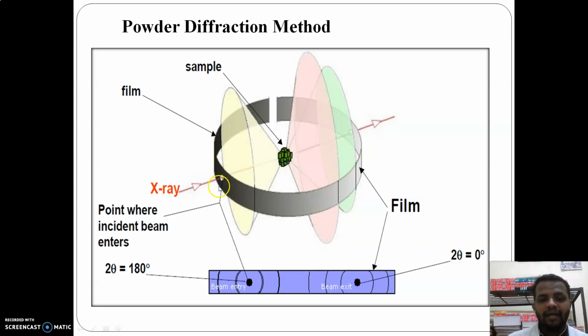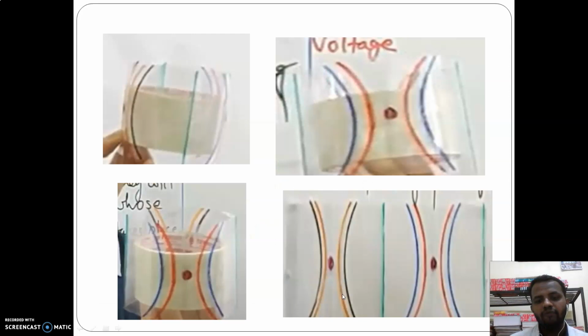The same thing will occur at 0 degree and at 180 degree. If I consider this as the center, this will be the 0 degree and the second part will be the 180 degree. So we will get two dark spots, and from the experiment we can see we will have an appearance something like this. From a selected experiment, I have taken it from the person's video. Now here you can see in the front segment and in the back segment, on both parts, the arcs are being formed, and likewise the reading is taken.